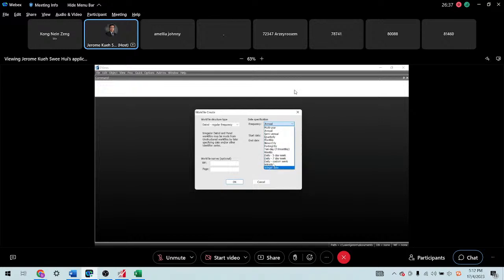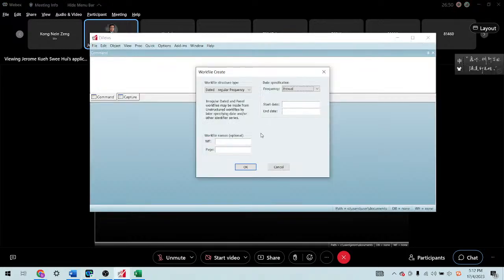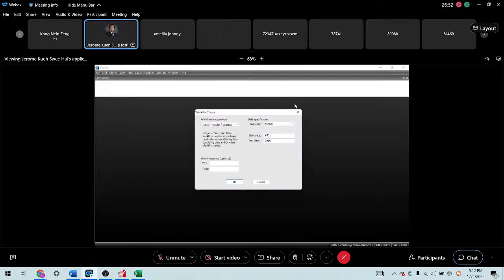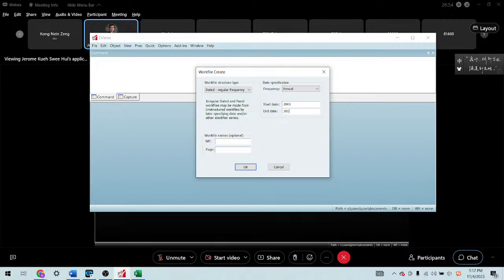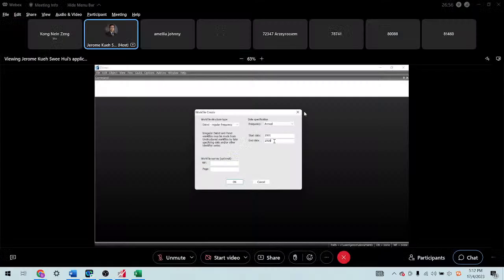It depends. Most of the time, if it is yearly data, you choose annual. The start date just now is 2001, and the end is 2010. We need to state very clearly which year it starts and which year it ends.